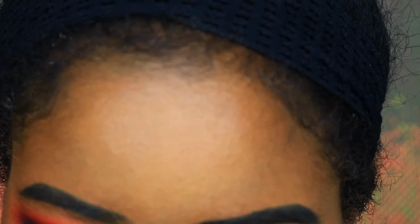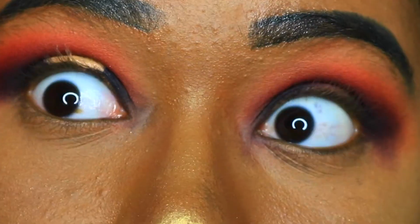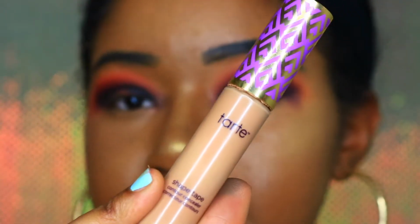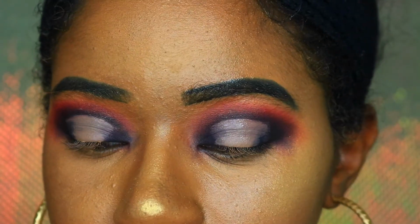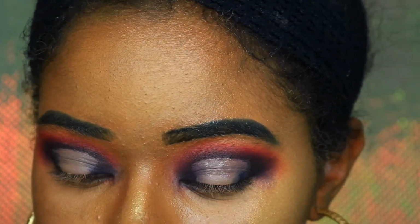So I'm going to take a nice flat concealer brush and then cut my crease to form that halo eye effect. So I'm taking the Tarte Shape Tape Concealer in Tan Sand, and I'm just going to cut my crease with that, forming a halo eye shape. Okay, now that both of my eyes are cut, I am going to take,